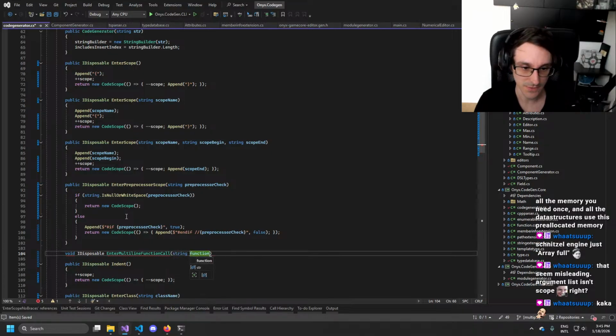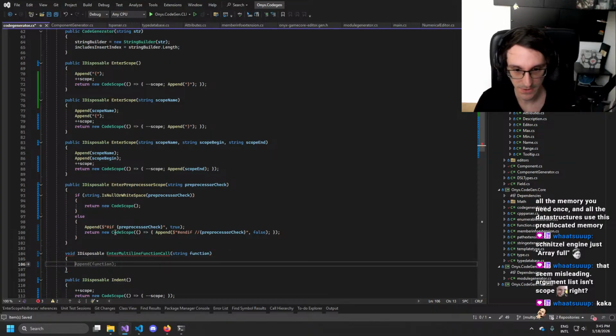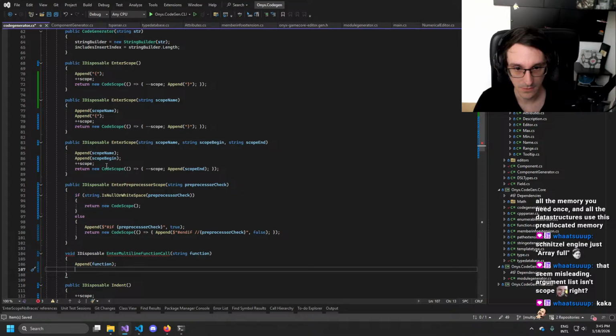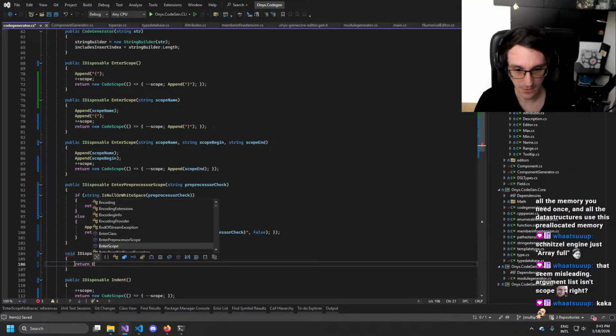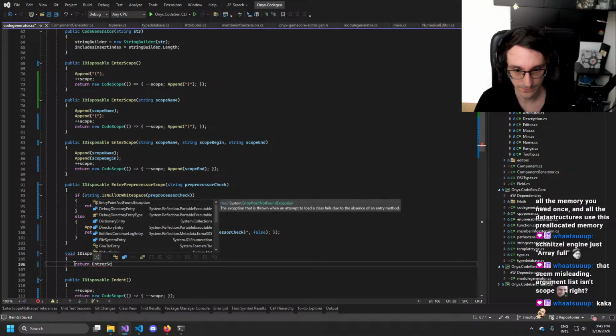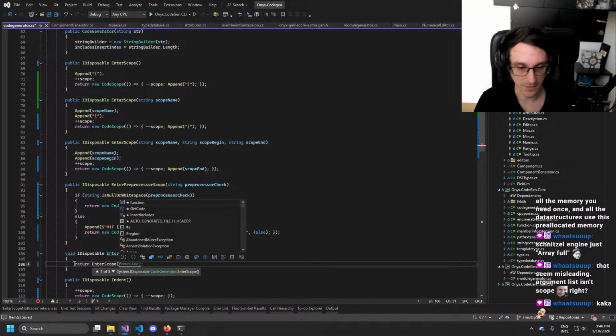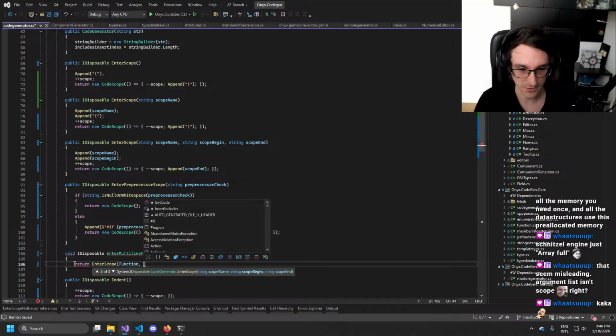String function, and then that's about it. And then we append that, and the scope begin, which is, well, actually I can just return enter scope, right? And I just nested here function, and then